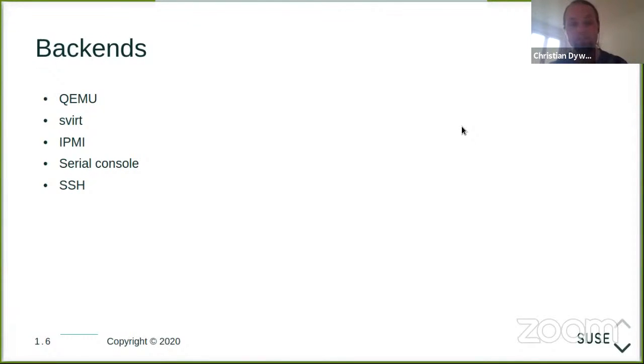And of course, if you want to test certain more exotic types of hardware, this is where svirt or IPMI come in. And then you might be using the serial console or SSH to interface with the system under test, because remember, you're basically running something like a user would.